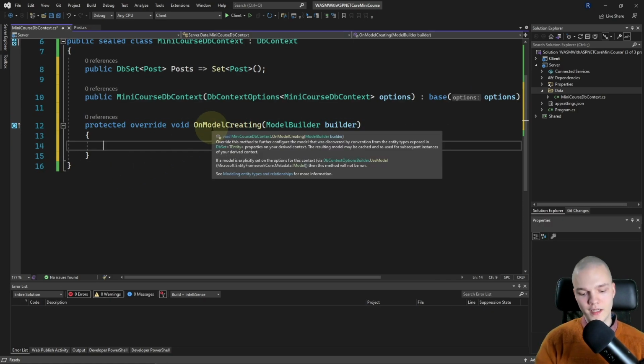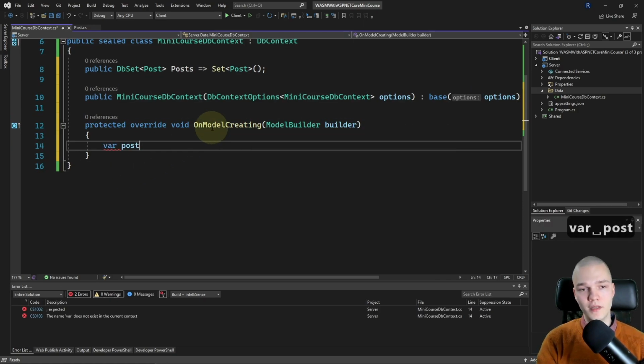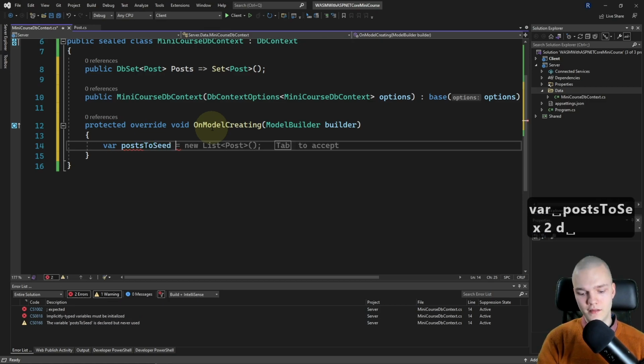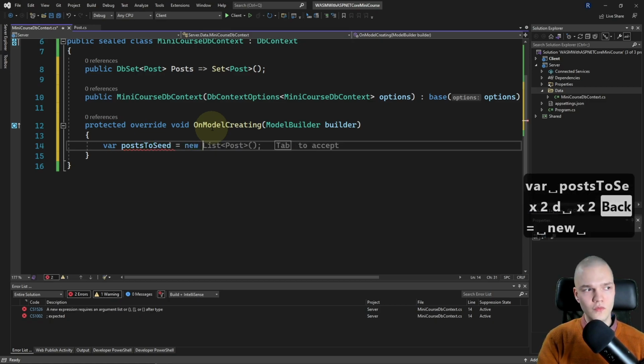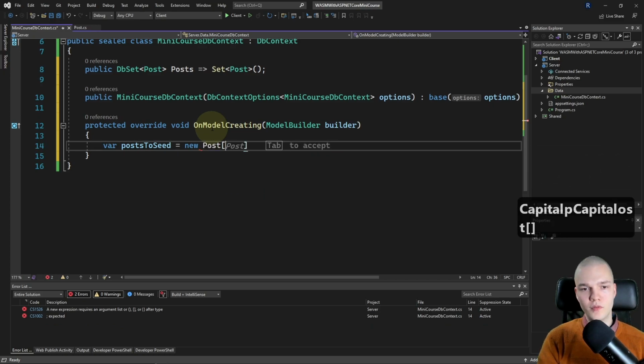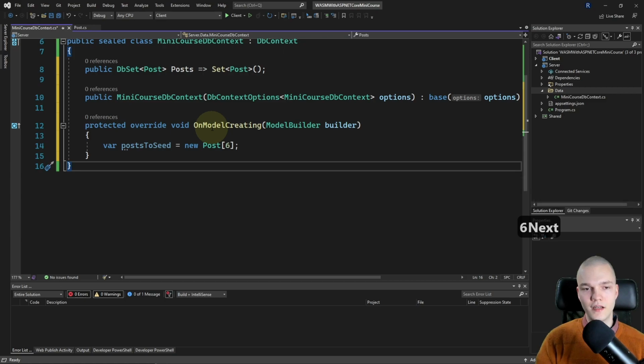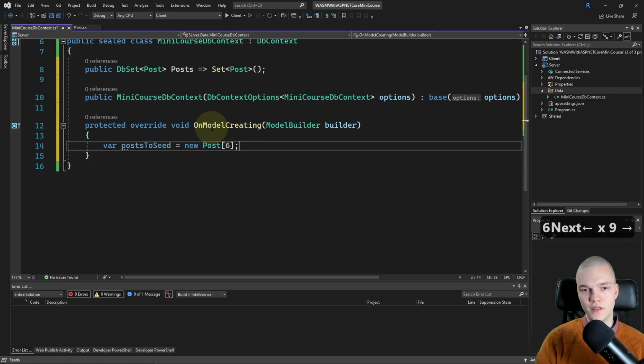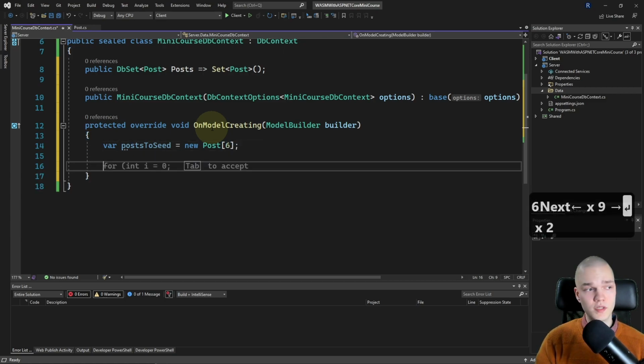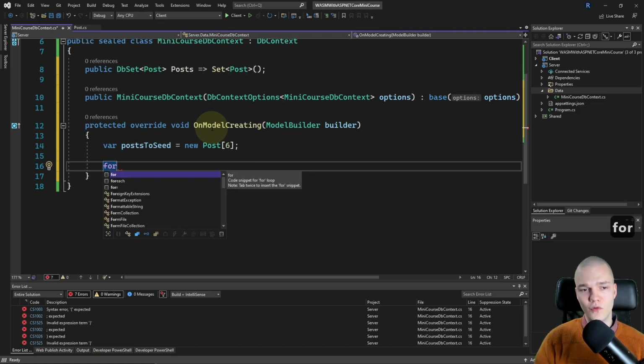Then I'm gonna declare a var and name it posts to seed, and that's gonna be a new post array. And for the length, I'll do 6. So we're gonna seed 6 posts, and then I want to do a for loop.